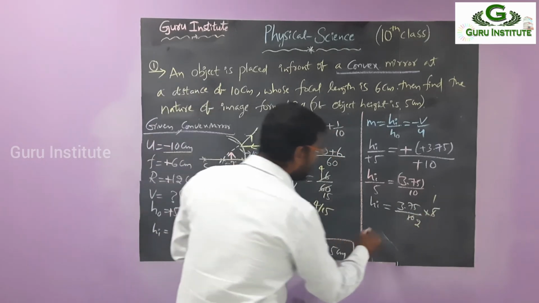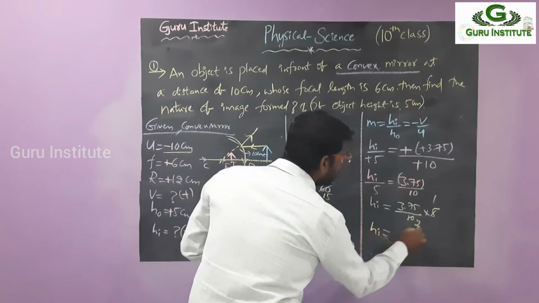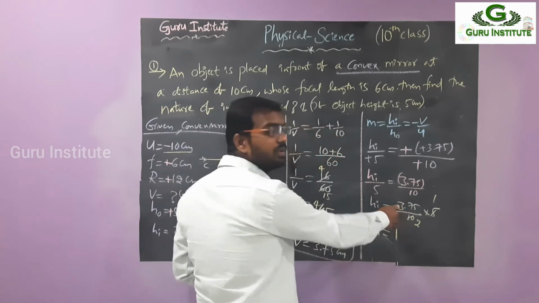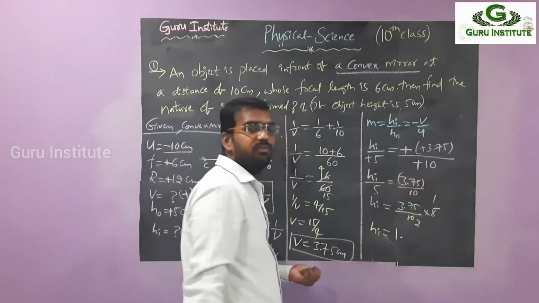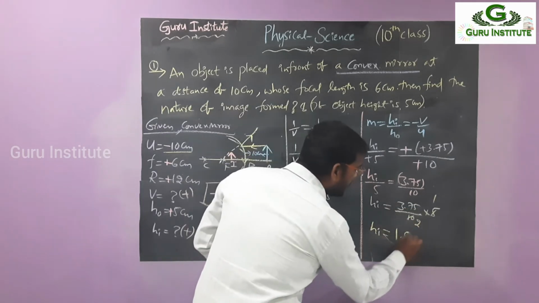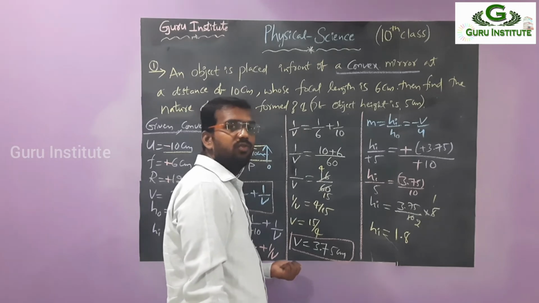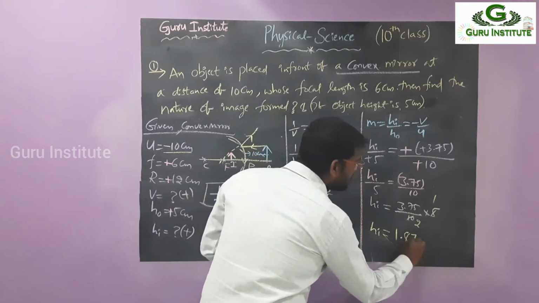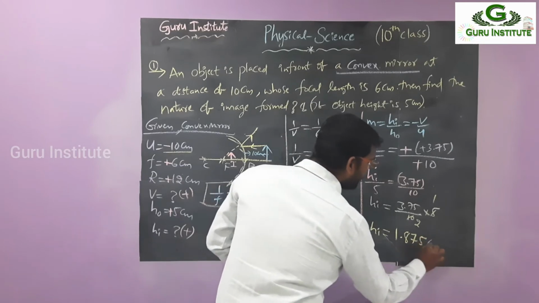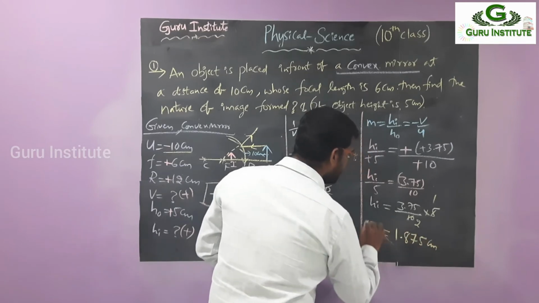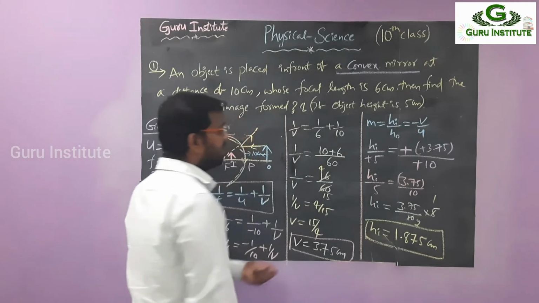What do you get? Hi is equal to 2 1 ja, 2. Remaining 1. So point should be point. 1 7, 17. 2 8 ja, 16. 16 means again 1, 15. 2 7 ja, 14. Again 1, 2 5 ja. So 1.875 centimeters. So we are getting the image size, this one.